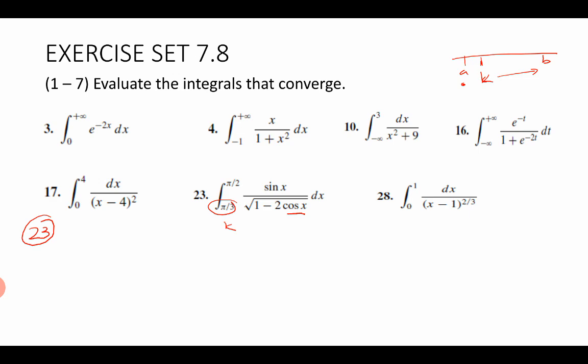From the left direction, 1 over k minus 4, by using the tables or the concept we have studied in the beginning of this paper, will approach negative infinity. So negative infinity, there is a negative outside, so totally it will be positive infinity, isn't it? And therefore this integration diverges.